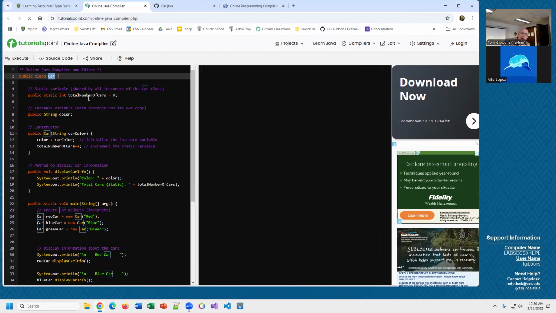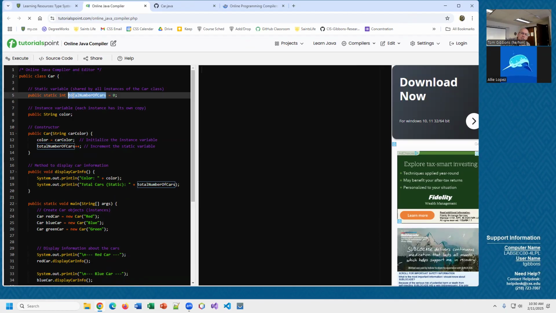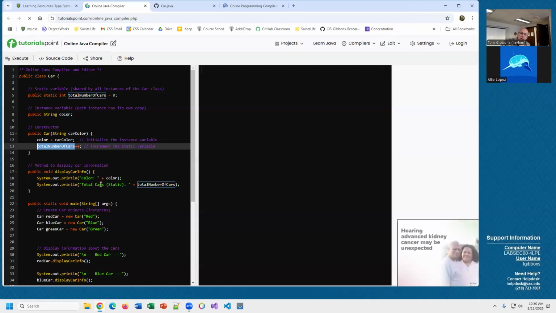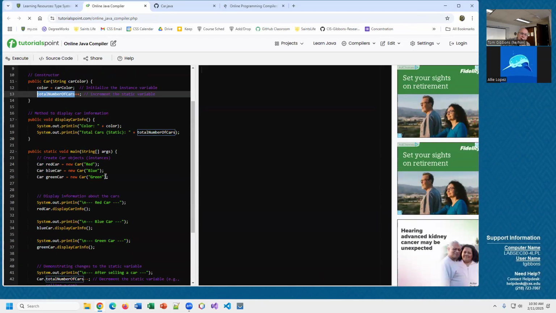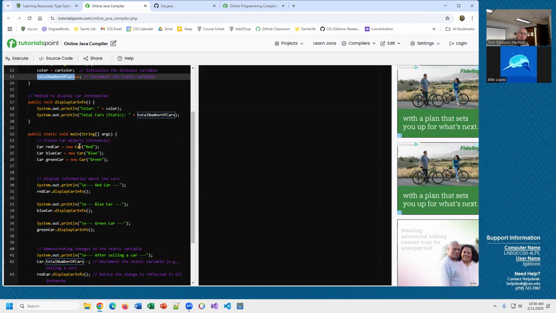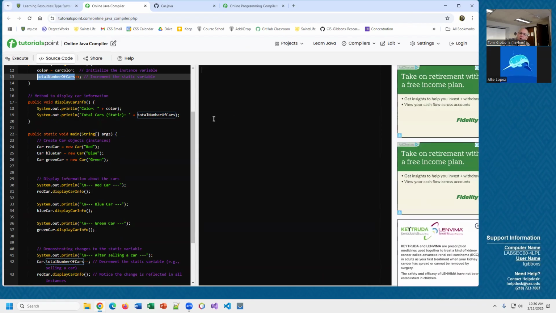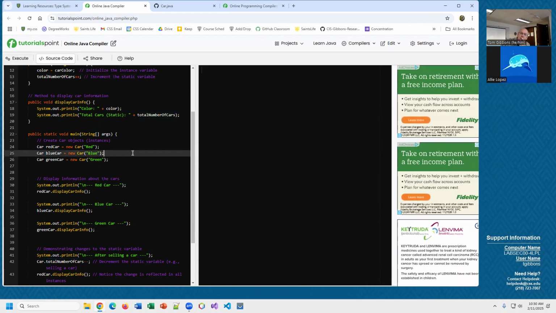We also have a static variable for the total number of cars. So this is static. Every time we create a car, we add to the total number of cars. So when we display a car, we also say the total number of cars. And here's our main routine where we're creating these cars. And then we're printing. So if I just execute this code here,